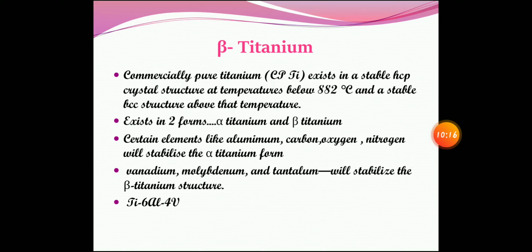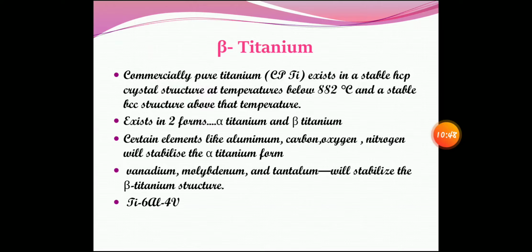Why alpha and beta? Because it is basically the metals present in it that determine this form. Certain elements like aluminum, carbon, oxygen, nitrogen will stabilize the alpha form, whereas for stabilization of the beta form you have to add vanadium, molybdenum and tantalum. It usually occurs as an alloy, that is titanium Ti6Al4V is most popular, and it can be